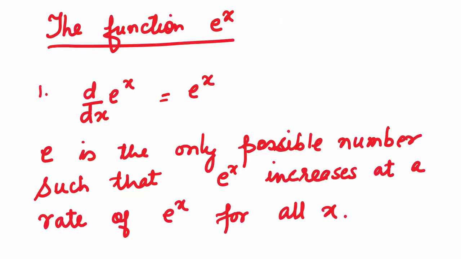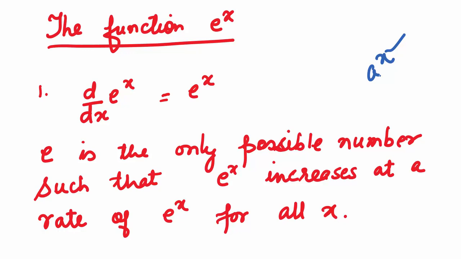So then what about the function e to the power x? Now e to the power x is an exponential function. It's a special case of the exponential function a to the power x, where x is called the exponent and a is always a positive constant. a can be anything: 2, 10, e. Now if you take a to be e, we get the exponential function e to the power x. It's quite a unique function because its derivative remains the function itself.